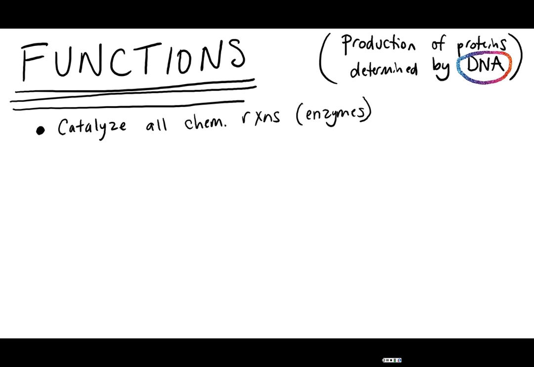Now, examples of functions for proteins include catalyzing your chemical reactions. And we've talked just a little bit about enzymes and biological catalysts before. When we talk about enzymes being important in catalyzing chemical reactions, what that means is if you don't have the enzyme, you don't get the chemical reaction. So the cell can determine what chemical reactions can occur based on what enzymes are available.